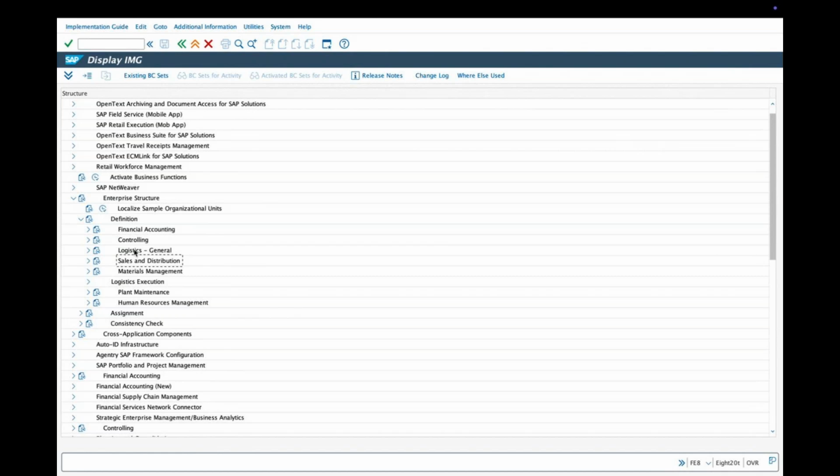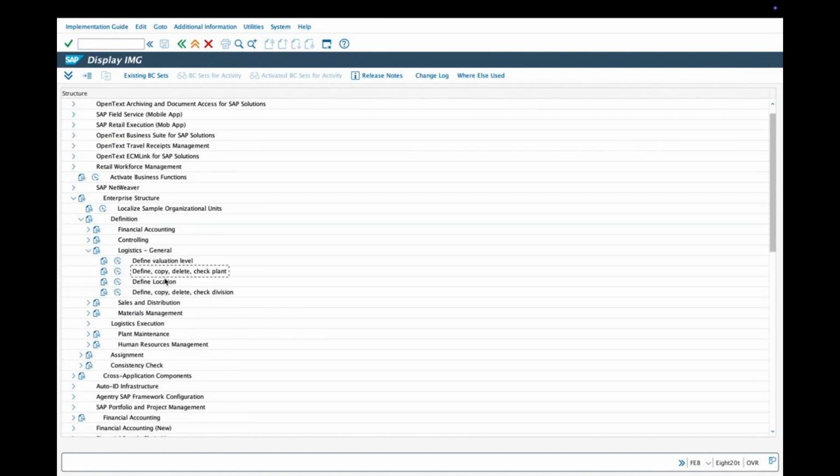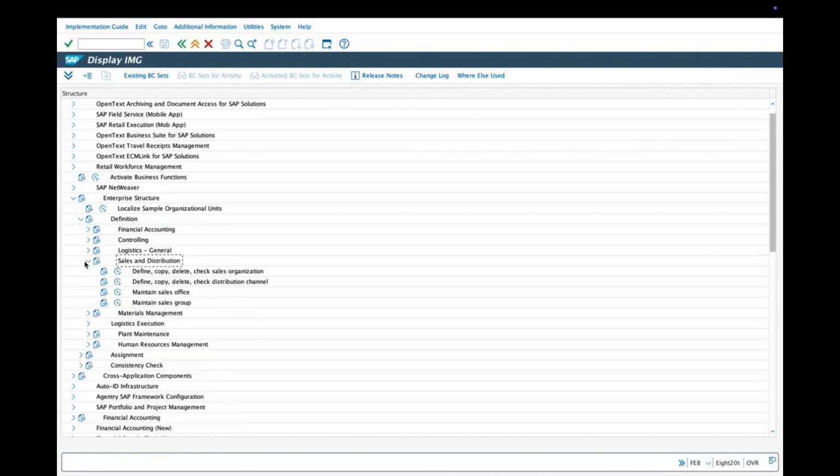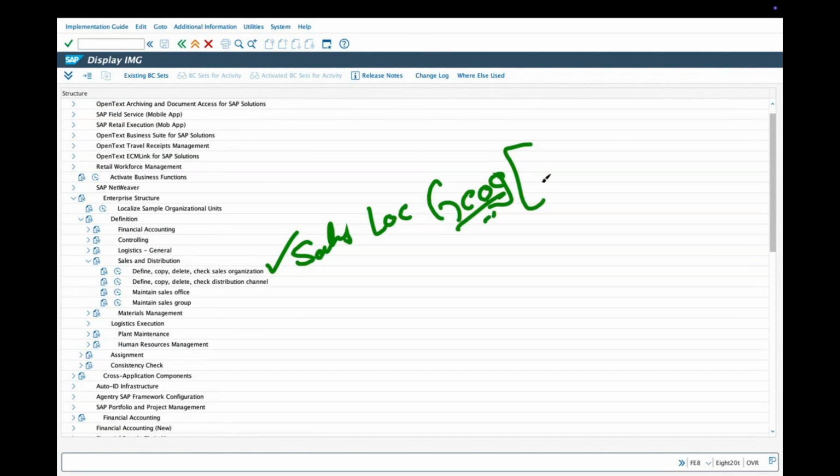Now, after we make the plant and division, close this. Now, the core areas of our module: sales organization. What is a sales organization? A sales location, geographical, which is intangible.